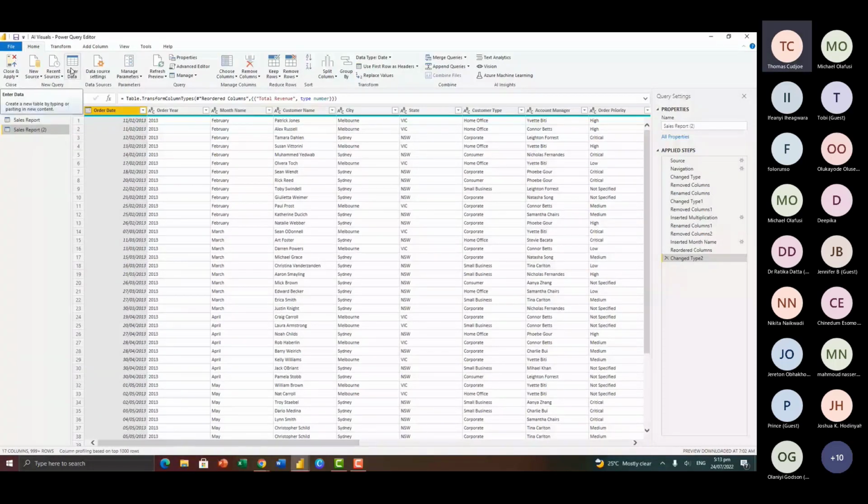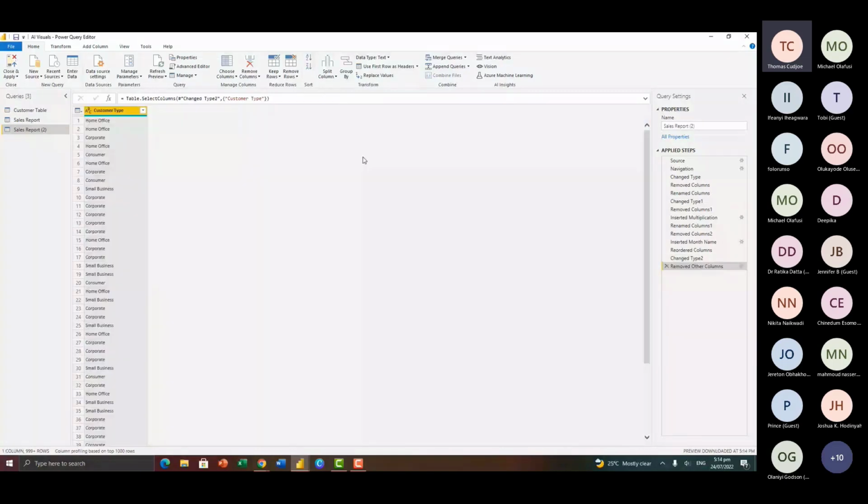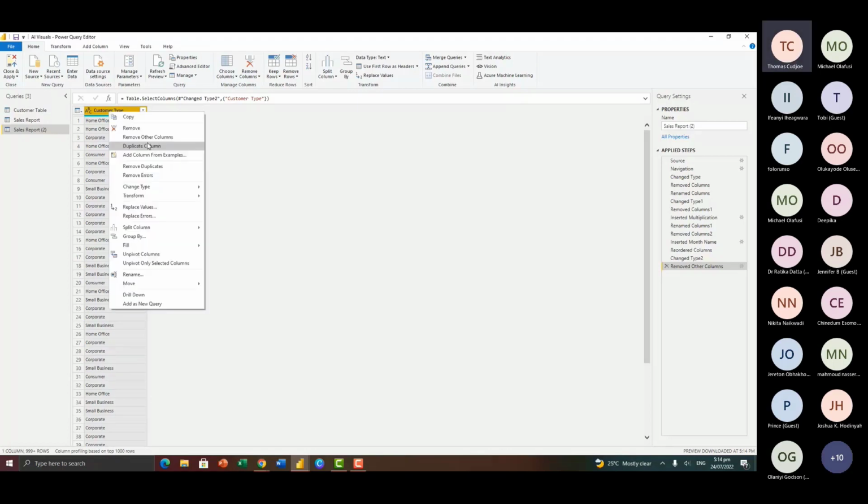So I'm just going to maintain just this column and remove the duplicate, so I will be able to get the individual customer types that we have. I'm going to select this column, right click and remove all the other columns. So I'll be left with this, but I'm not interested in the entire list that we have here. I'm interested in the individual customer types. So here, I'm going to right click and then pick remove duplicate.